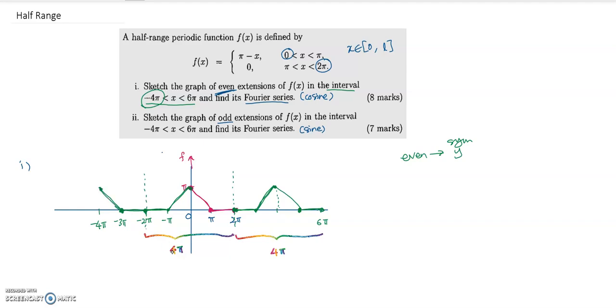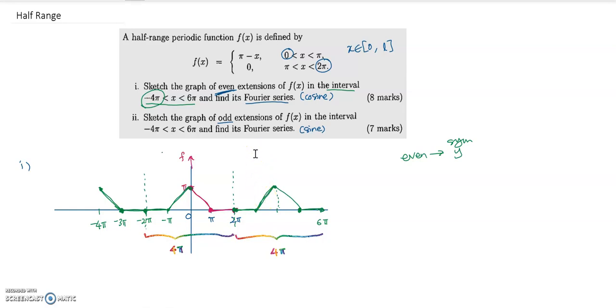We just stop over there because the question asks us to start from negative 4 pi. But the complete cycle should be from negative 6 pi, only then we have the period of 4 pi. Just follow what the question asks you to do. That's the